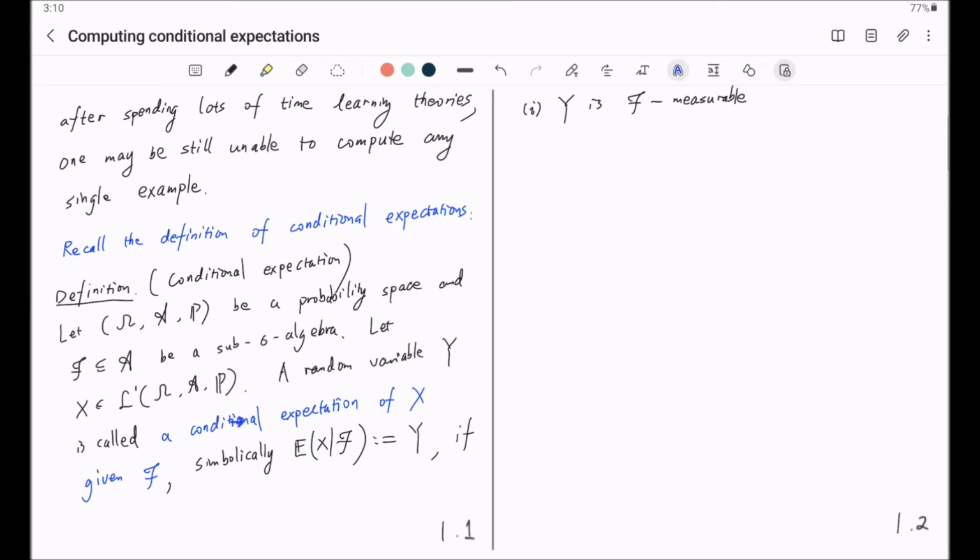Note that X, this random variable X, is A measurable, and now Y is required to be F measurable, where the F is a sigma algebra smaller than A. So this is the first condition. And the second condition is that for any A in F, this smaller sigma algebra, this sub-sigma algebra,